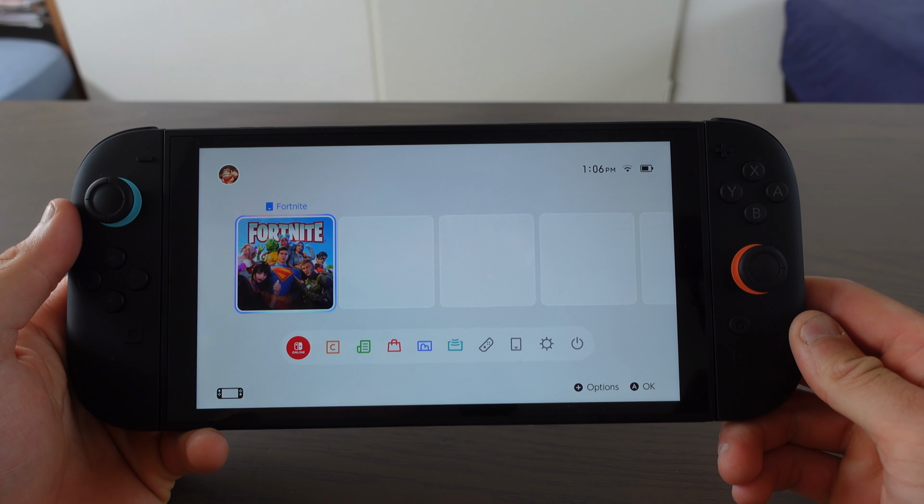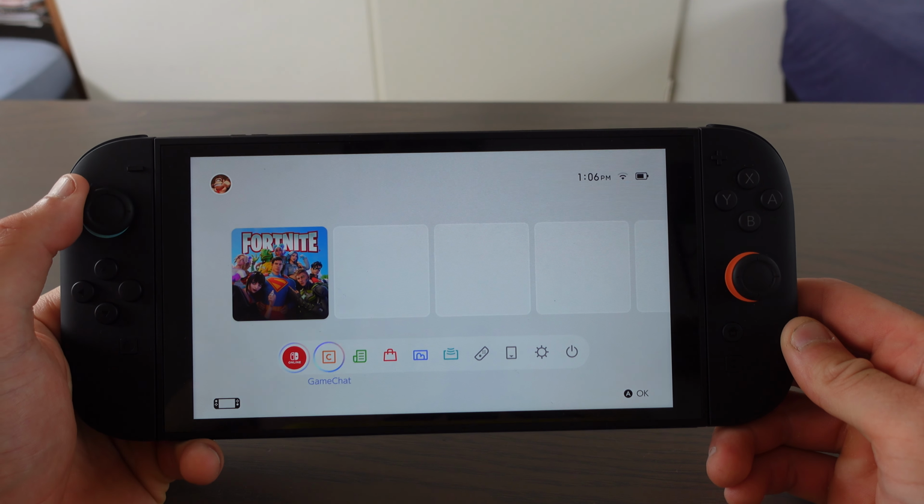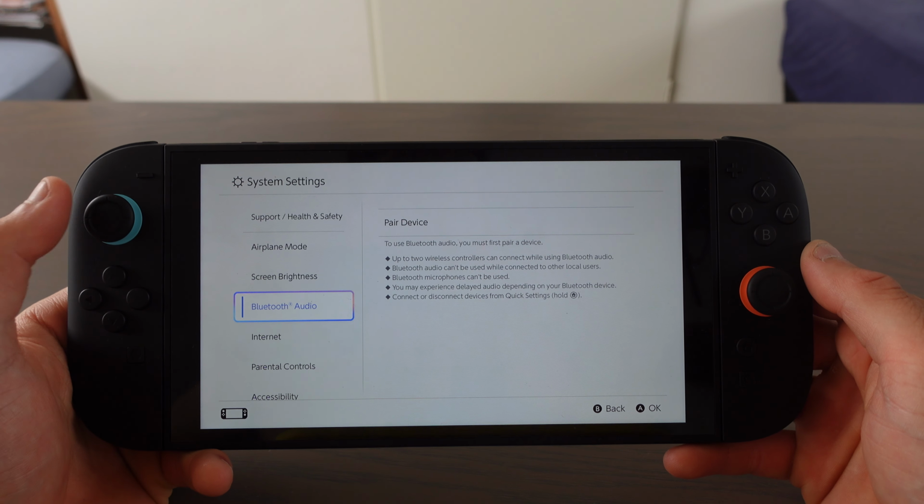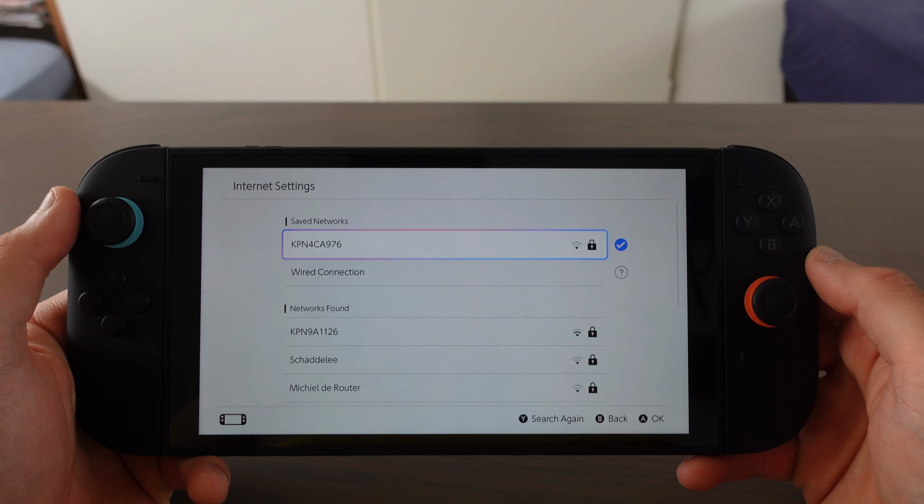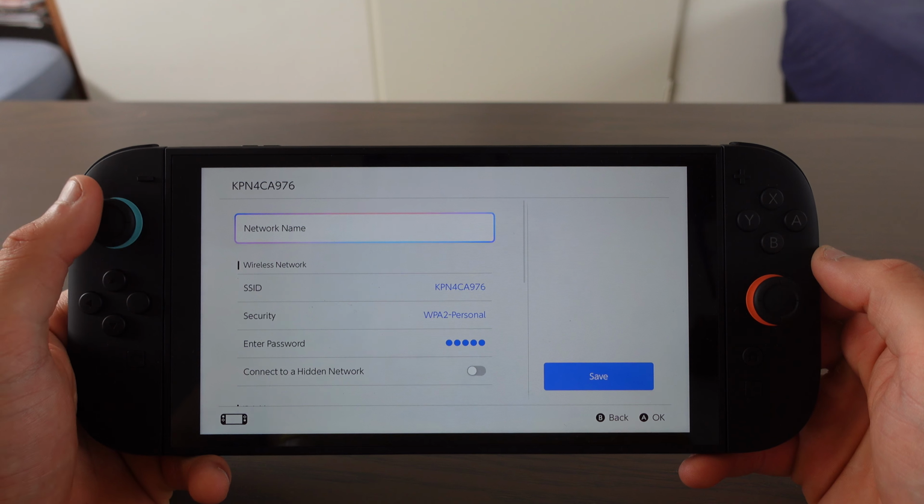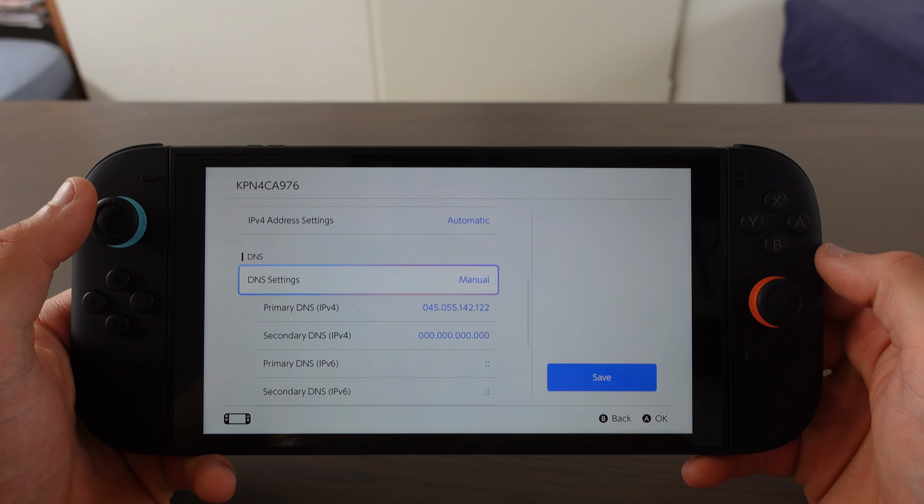In this video I'm going to show you how to get TikTok on the Nintendo Switch 2. First go to System Settings, scroll down to Internet, select Internet Settings, select the Wi-Fi you are using, select Change Settings, then scroll down to DNS Settings and switch it to Manual